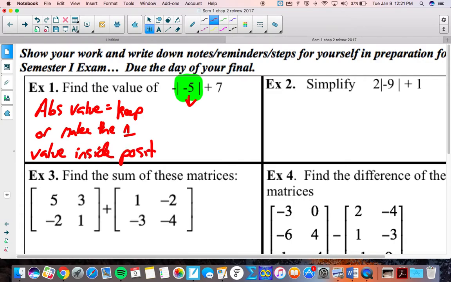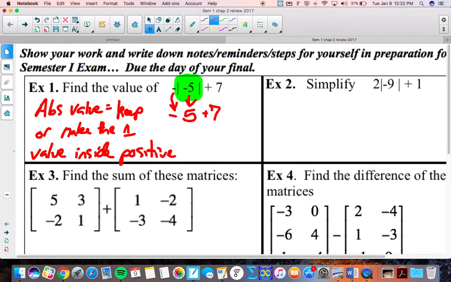So this is negative, so I need to make it a positive. And when I do that, I drop the absolute value symbols. So this part that I've highlighted in green is all done. I've done the absolute value of -5. However, I do need to drop down this negative sign out in front, and I need to drop down the